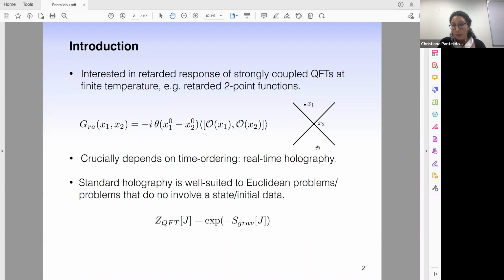And if x1 was in the past of x2, then this theta function would have been 0. So crucially, this retarded two-point function is only non-zero when x1 is in the causal future of point x2. This is quite important because it tells us that this quantity is intrinsically non-Euclidean. And it's non-Euclidean because it depends crucially